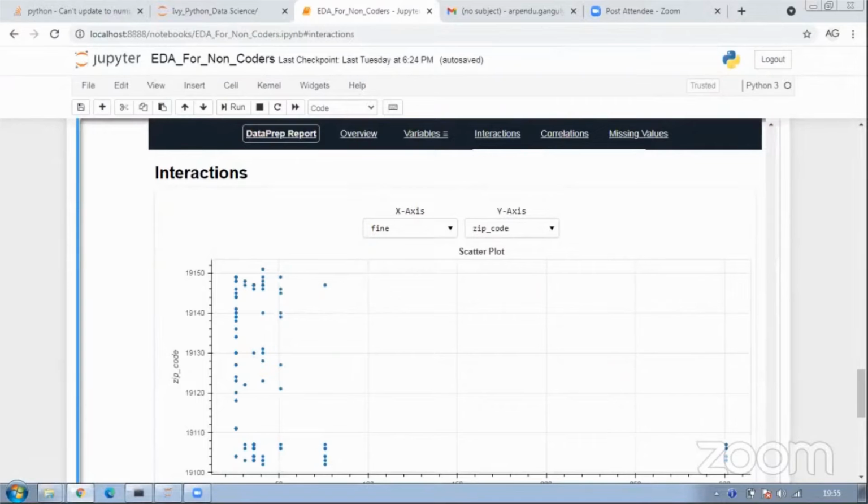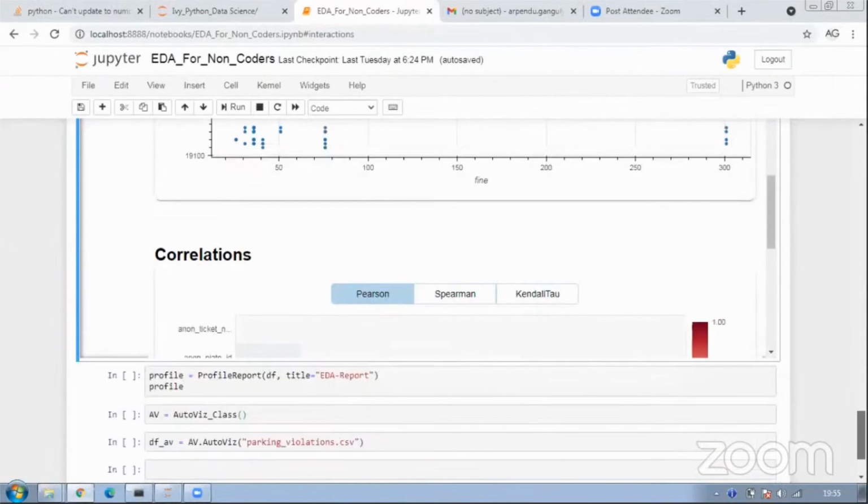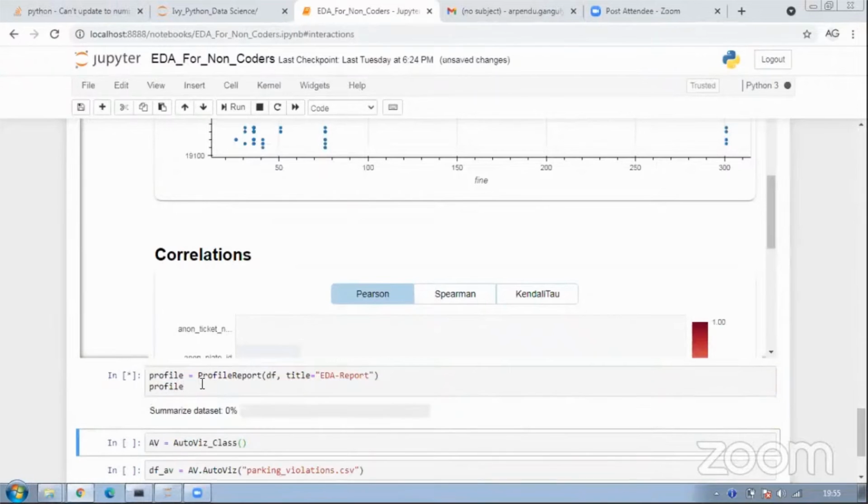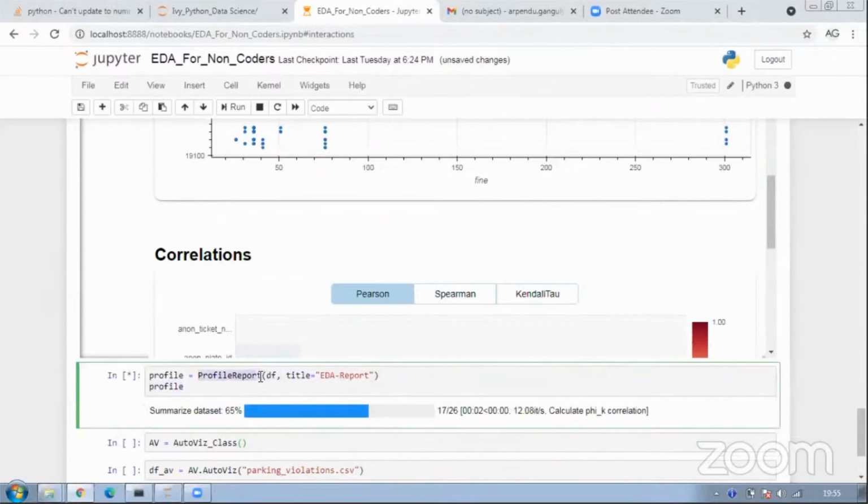Now, we have about 5 more minutes. I wanted to also show you the other two packages which we have. Another one is basically profile report. Profile report DF, this is just the title which I've given, I've just given the title as EDA report.